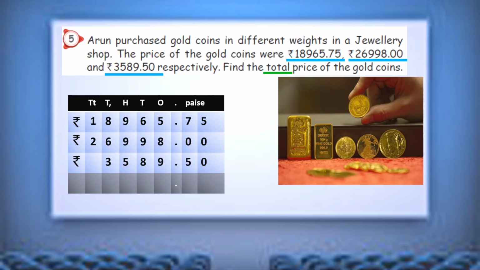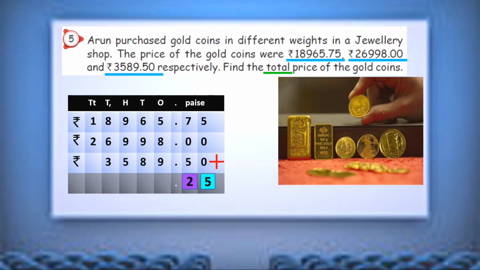So here one part is missing. What is that? Yes, addition symbol, isn't it? So mention that symbol. That's very important. Then let us start to do. Okay. 5 plus 0 plus 0, 5. Then 7 plus 0 plus 5, 12, isn't it? So with our mind calculation, it will be easy. So get practice on that.